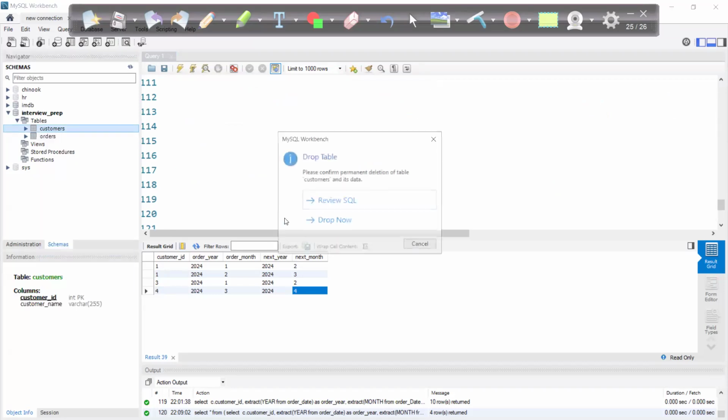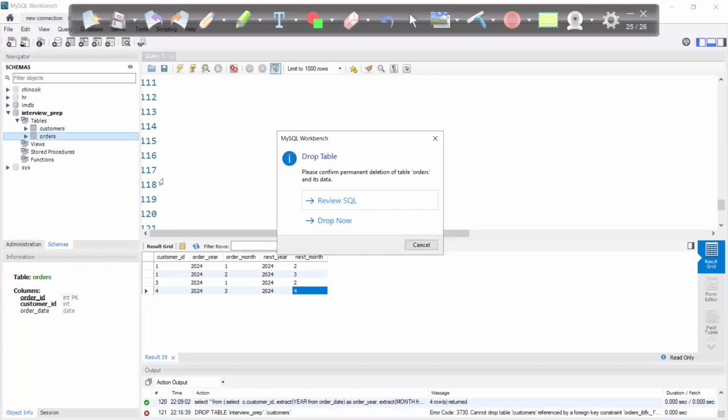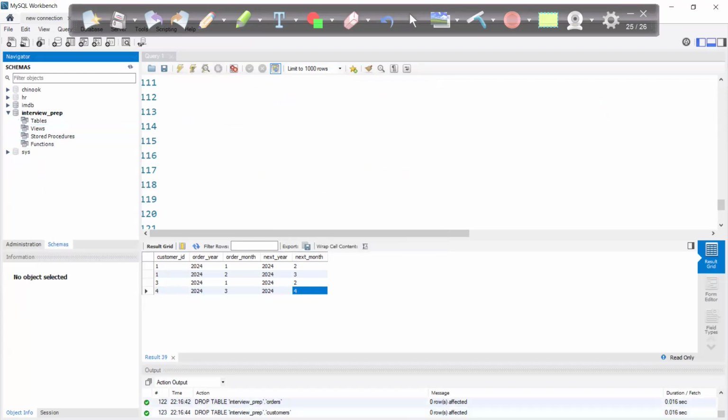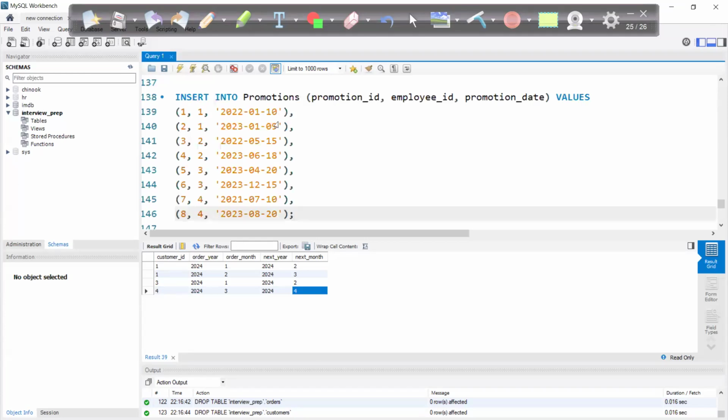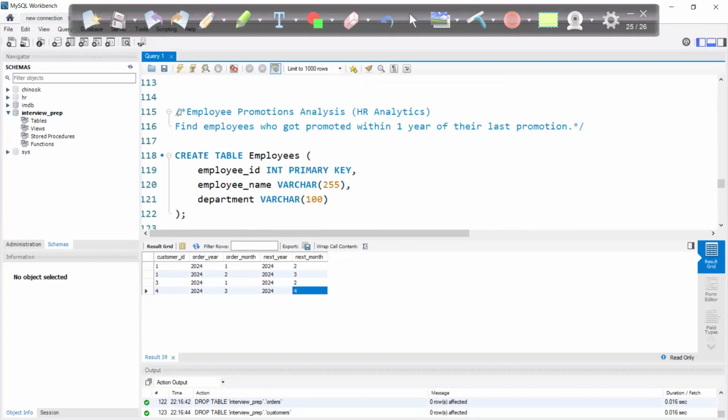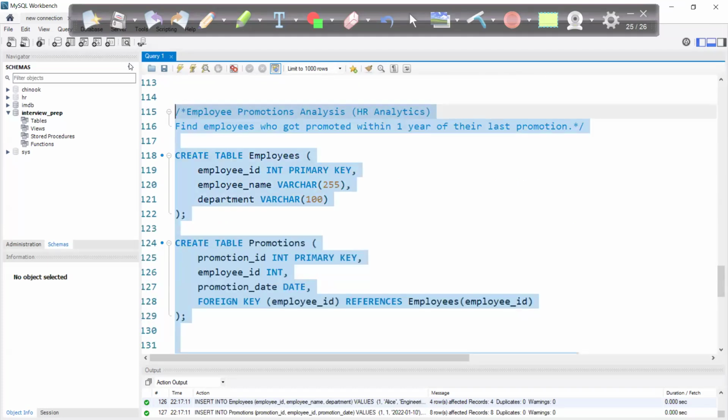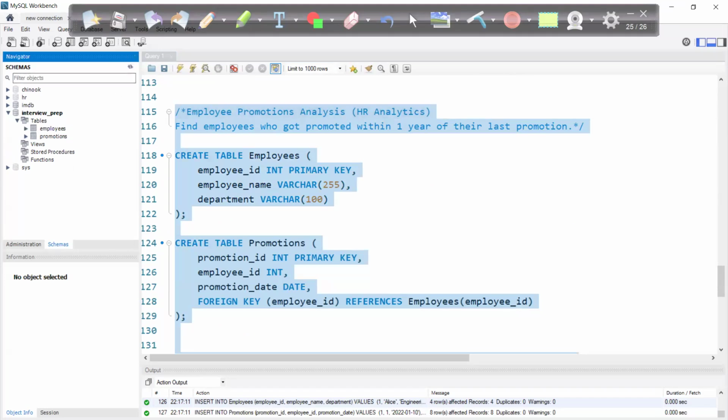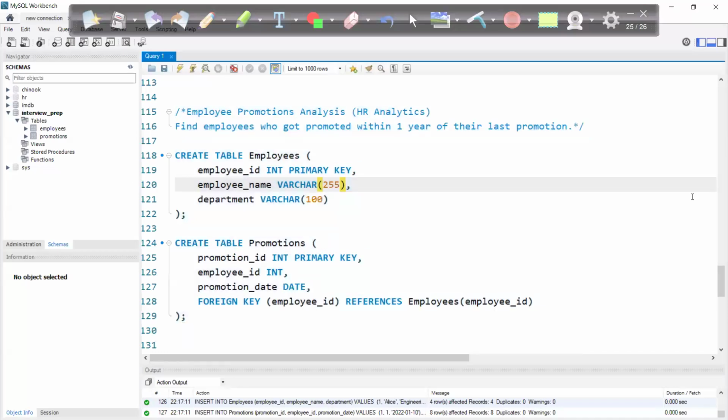Let me again drop these tables. All right, so these are the two tables coming in, where we have the employee table and the promotion table. Now, what is the requirement here? The requirement is that